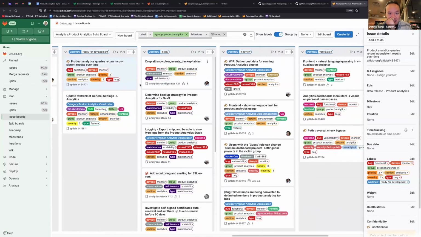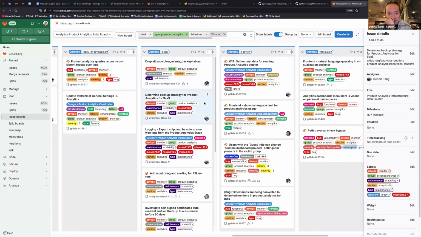Looking at in dev, we've got the backup strategy for product analytics for SaaS. We've made some progress in terms of a temporary solution for backing up ClickHouse databases over a 7-day retention period. So we'll likely be replicating that and just using that for now. I'll go back to this issue and make sure that's all tied up, but I'll create a follow-up to actually implement that. A lot of that will just be copying the approach, we're looking at using a CI pipeline to automate this, just to work for the product analytics specific